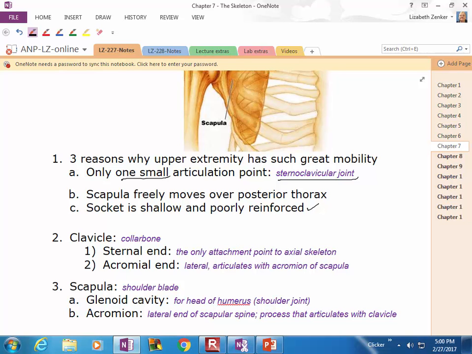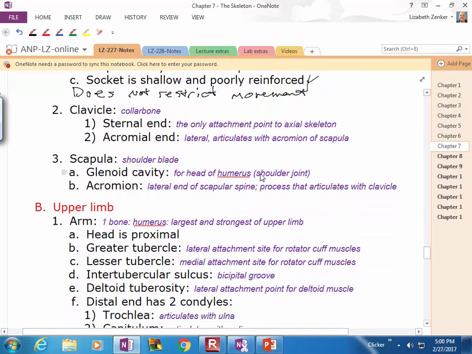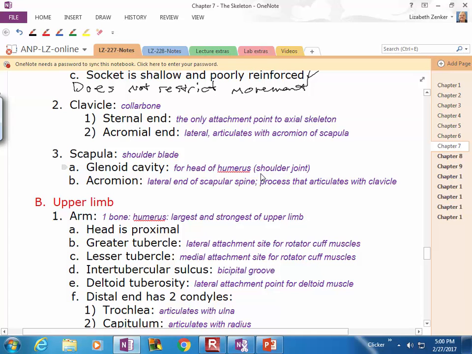Let's see. So it does not restrict movement is what happens, and that's why we have such great mobility. So it does not restrict movement. Okay. The clavicle, also known as the collarbone, you have a sternal end, which is the only attachment point